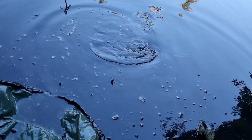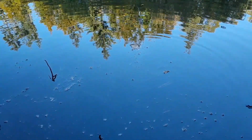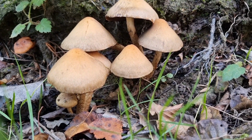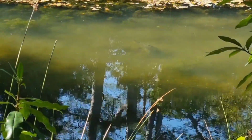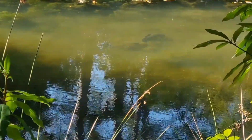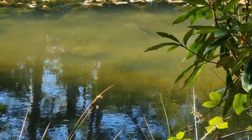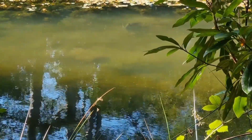So that had put paid to that spot for a little while at least, because most of my sessions are only 3 hours, maybe 4 hours long, so I never have much time, and autumn's pushing on and I need to make the most of it. So it was back down to the other end, and the mystery mirror was out and about, and you can see how similar it looks to the recaptured mirror. In the water they look very, very similar, and it's only when they're next to each other you can really tell them apart. This one has more scales on its lateral line, but now it's feeding all alone,